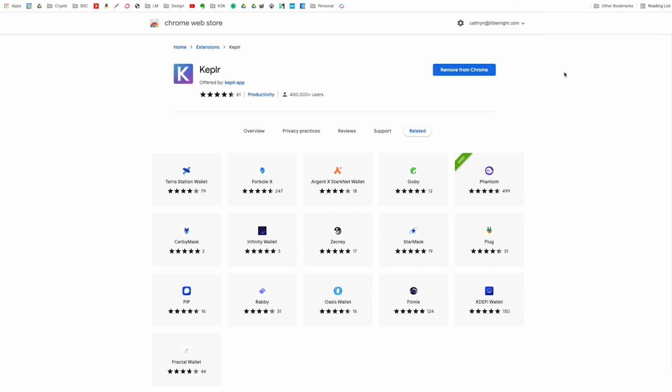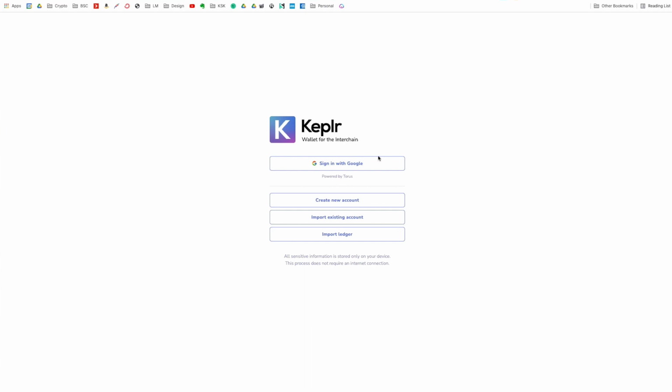All right, that's it. So in order to be able to work with the Cosmos apps, you'll need this Web3 wallet. And just like on Solana, you can only use sort of Phantom. On Cosmos, you can only use the Keplr wallet. So first thing we'll be creating a new account.